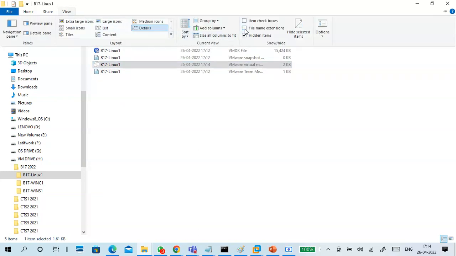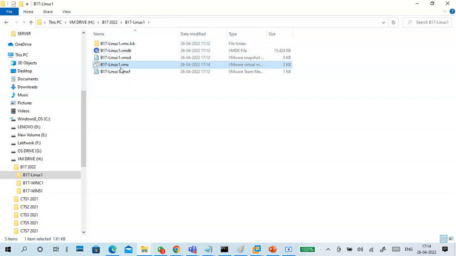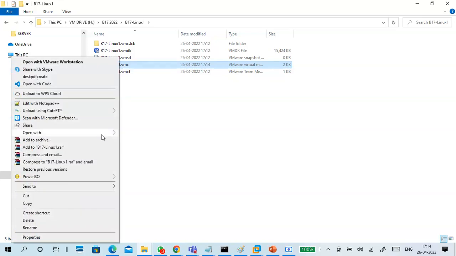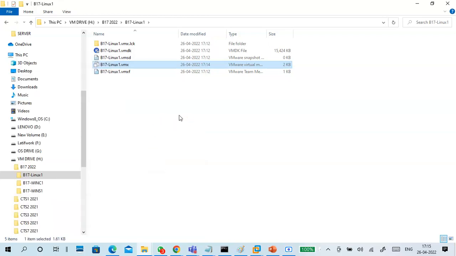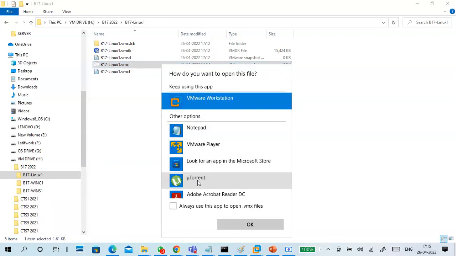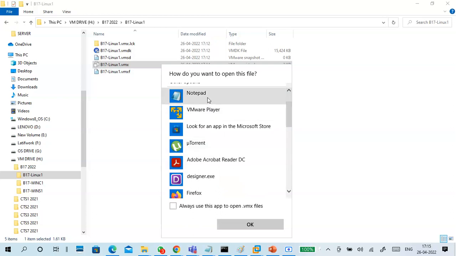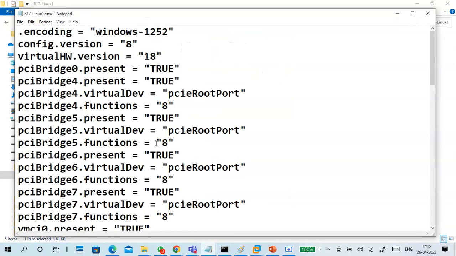Go to View, select file name extensions. This is the vmx file. Right click, edit with Notepad. If you don't find Notepad there, choose other options and choose Notepad. Just click on Notepad, that's it.